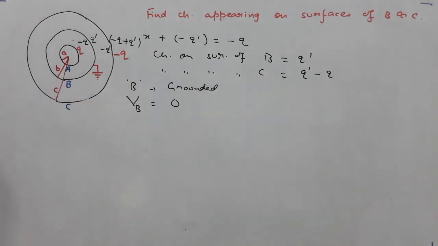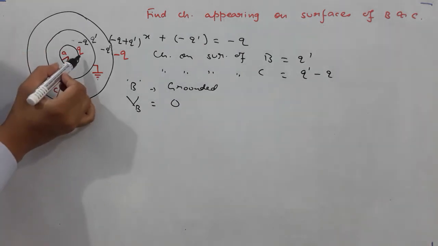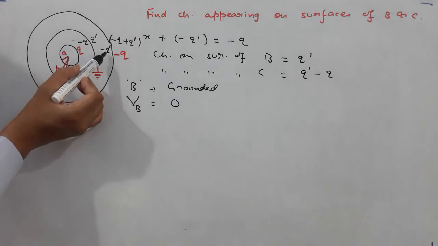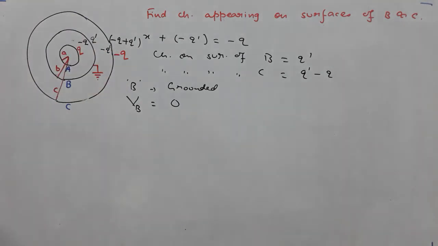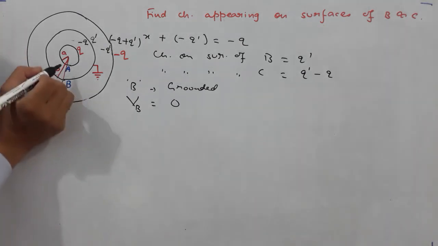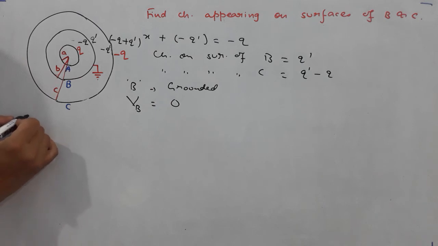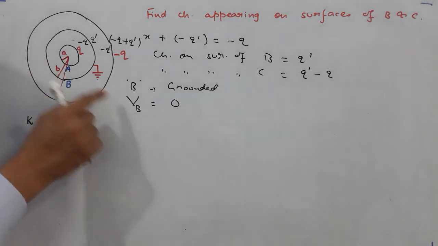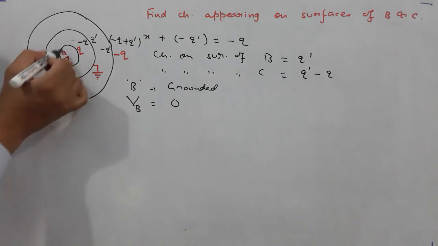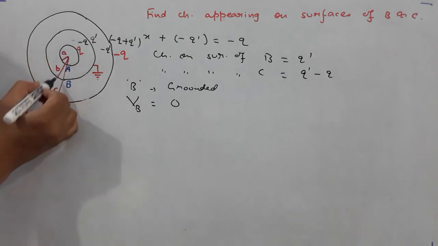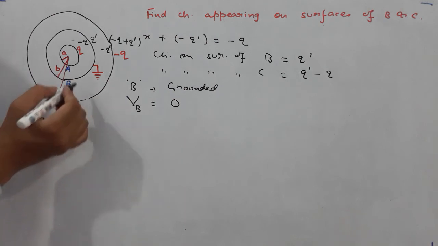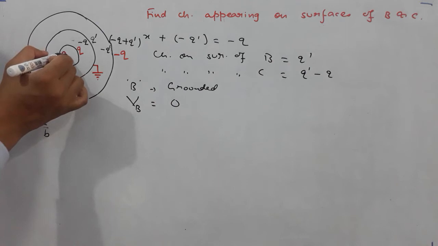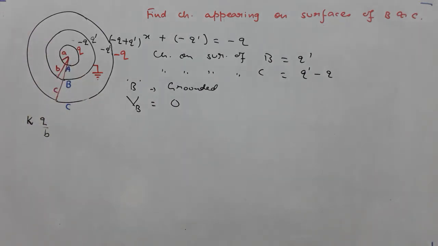Now potential at B is due to whom? It is due to this Q, it is due to minus Q, Q dash, minus Q dash, and minus Q plus Q dash. And the total potential must be 0. So let's frame the equation. So potential at B due to this spherical cell A will be how much? 1 by 4 pi epsilon naught, which I'll write as K, times this Q. Now this B is at how much distance from this center of the cell A? It is at distance B, so it will be KQ upon B. I told this point is outside this cell, so we'll assume the entire charge is placed at its center. Is it clear?